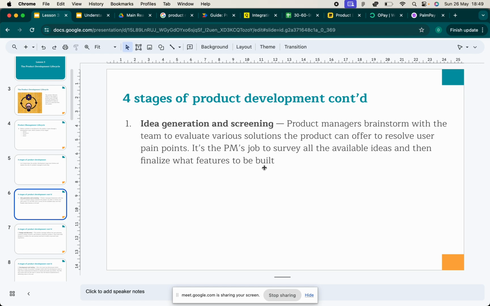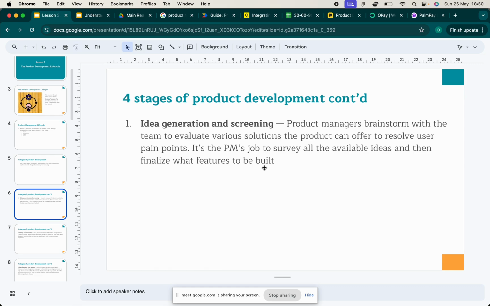So OPay now wants to create a product, or they want to solve this problem by ensuring that they give people the confidence, the reassurance that you can bring your money and save it in our banks. It's not going to go missing, because we are regulated by the relevant authorities. And by doing that, they're trying to buy confidence, but they need to do more to ensure that people aren't afraid, and they can continue to bank with them and even move large sums of their money into the OPay bank accounts. And so that's a problem that they have.